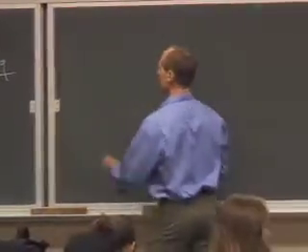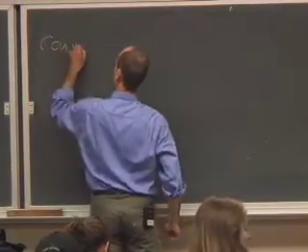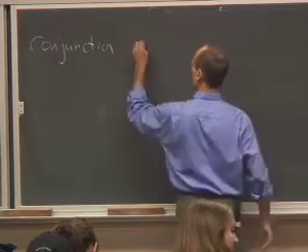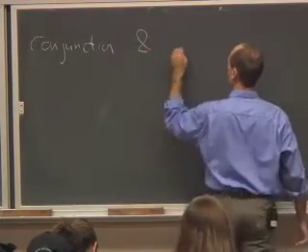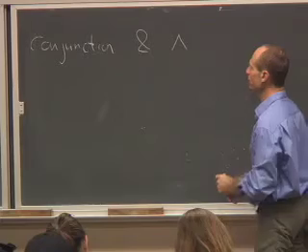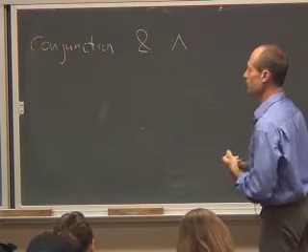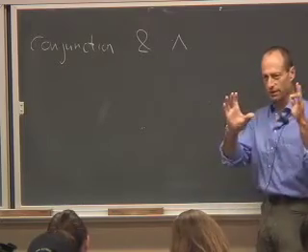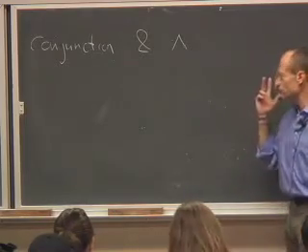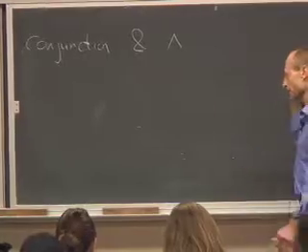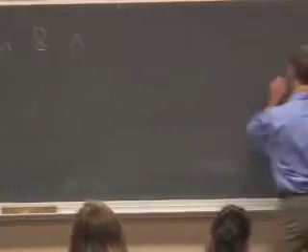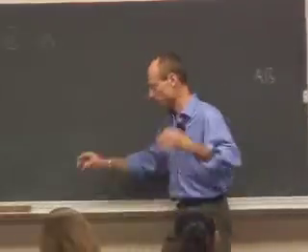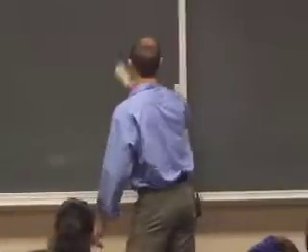All right. Conjunction, which is sometimes written as a wedge, sometimes written just by writing the things next to each other, almost like you can write sets. Well, let me finish this, and then I'll take 2 minutes to talk about why the notation AB for the intersection of the sets A and B is natural in some sense.